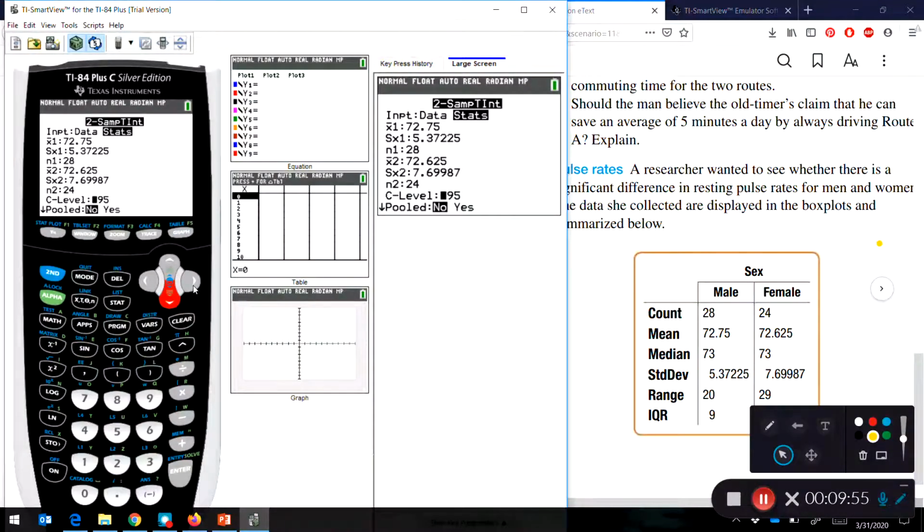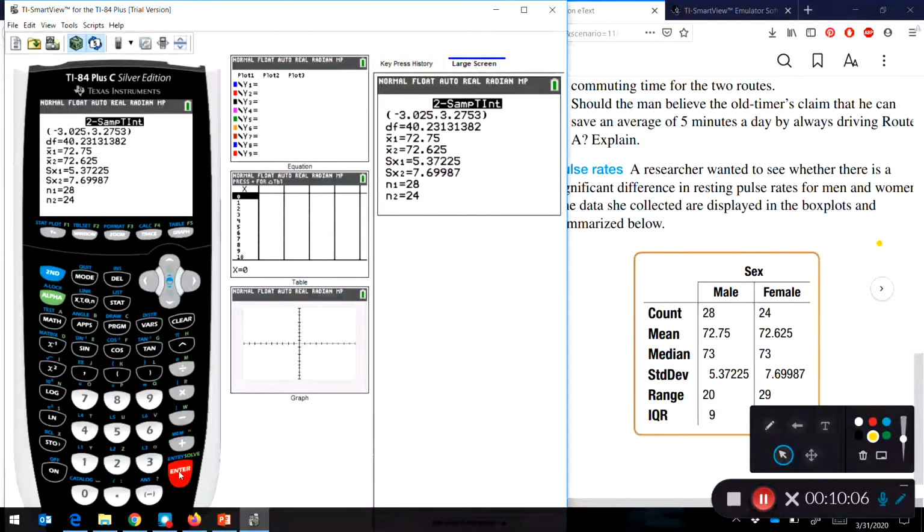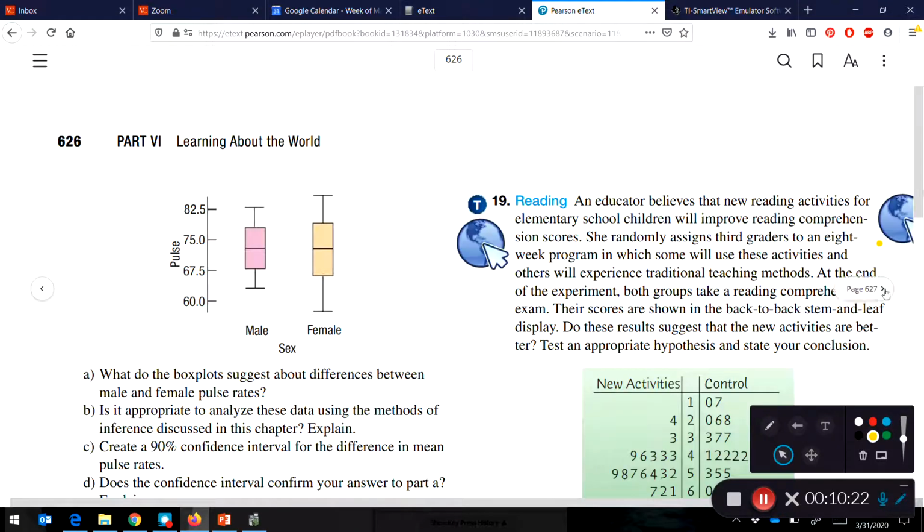We wanted a 90% confidence level. And no, it's not pooled. We're going to talk about what that means in a minute. So we're going to go ahead and hit calculate. And it gives us the confidence interval of negative 3.025 to positive 3.2753. All right, so there's our confidence interval. Now we would interpret that by saying